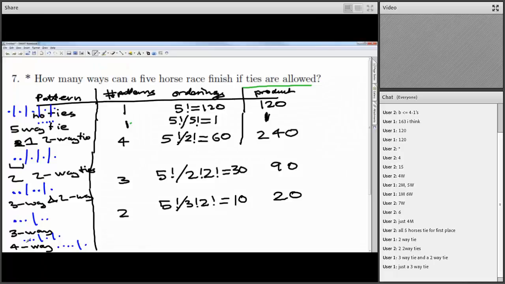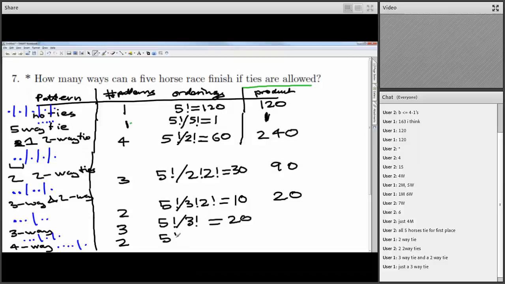For the three-way tie, essentially you've got to pick where the three-way tie can be. It's going to be 1, 2, 3, or 2, 3, 4, or 3, 4, 5. So there's three ways of getting a three-way tie. Like all of them, it's 5 factorial divided by the number of ways you're overcounting. I'm overcounting by 3 factorial because of the three-way tie. So that's going to be equal to 20. And for the four-way tie, the guy by himself can either be at the beginning or the end, so first or last, essentially. So there's just two options there.